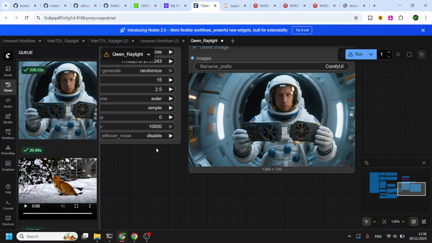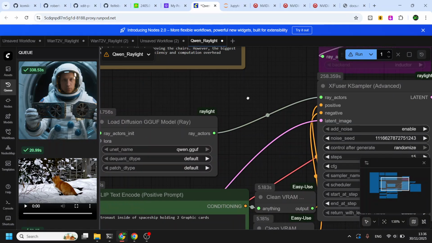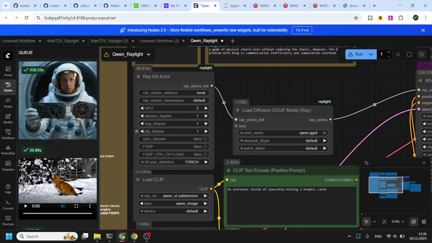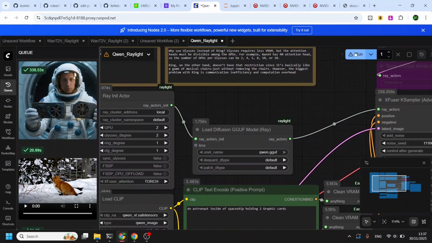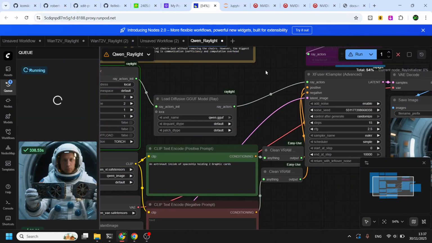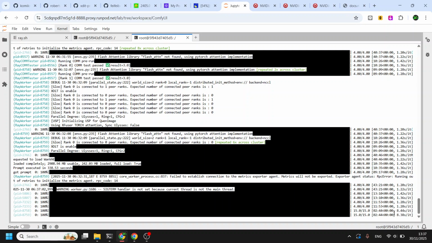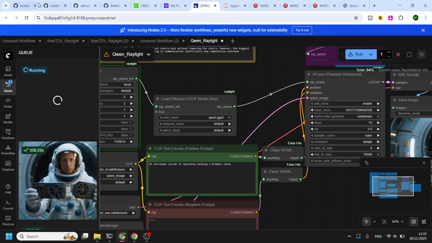Previously I already tested. I think CFG degree is quite worse in parallelism. So let's say we use two USP degrees. Only 8.38 seconds.